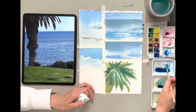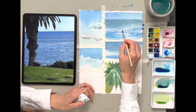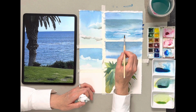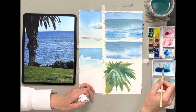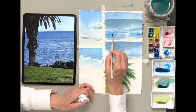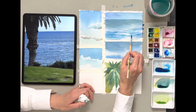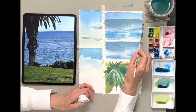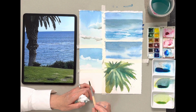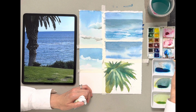Okay, so the tip of it seems a little bit darker here, so I just add a little bit of paint to it to create different volume of blue instead of just all the same. Okay, and then on the top here,